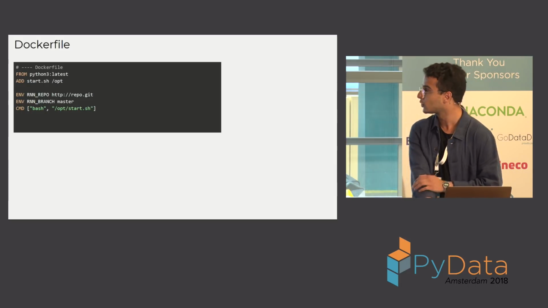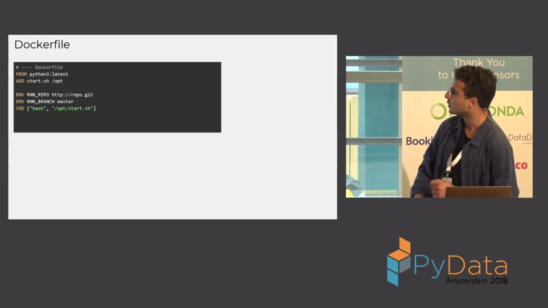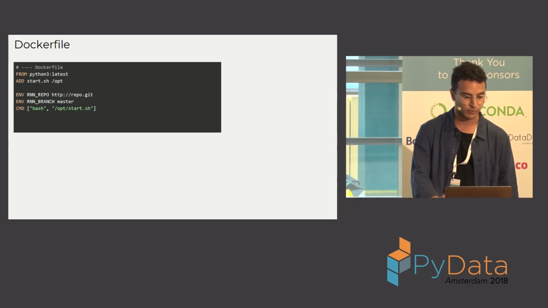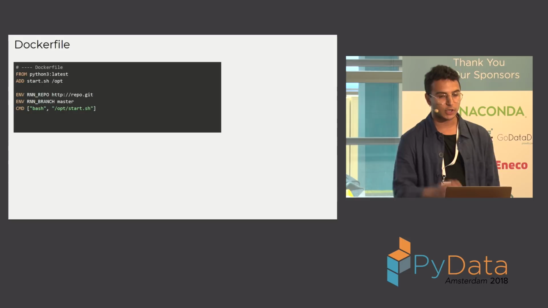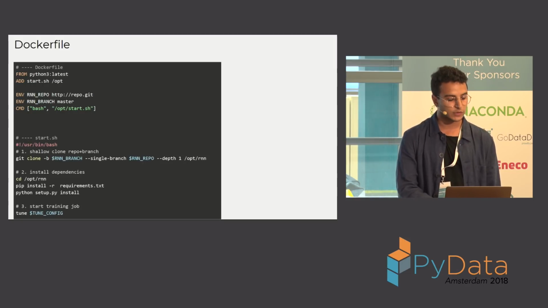It's actually pretty basic. So you have the repo, which you basically pull. Actually, I can go to the bash script right away. And in this case, you clone the TensorFlow graph alongside the config file that you have. You install the dependencies, and then you basically start the tuning.